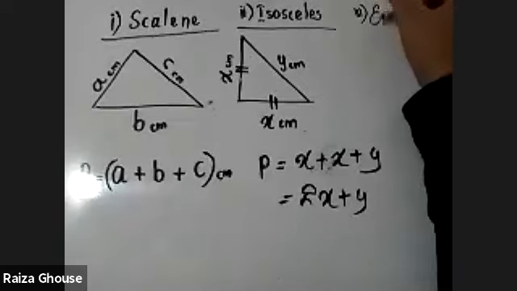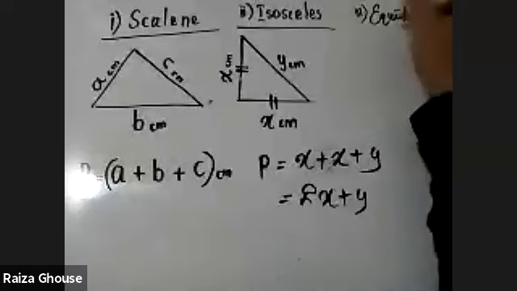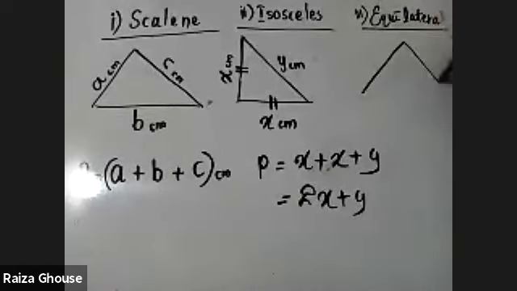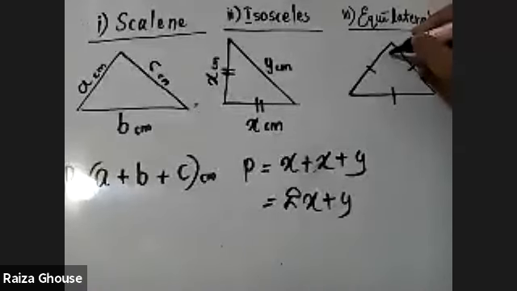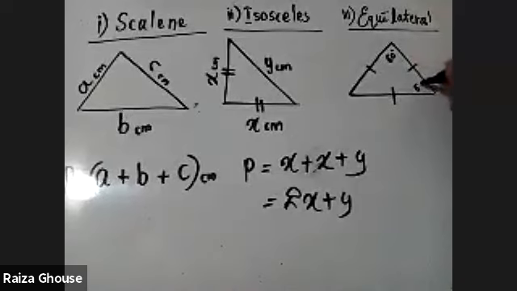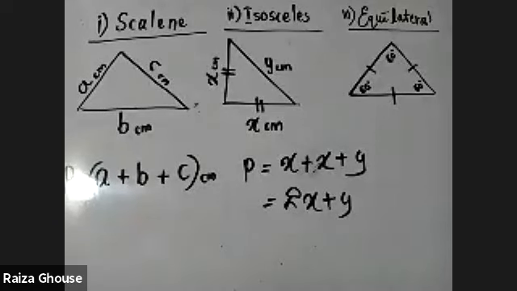Then the third type of triangle, equilateral. What is it? Equilateral triangle means I can show you that all the three sides are equal. Here, see, all the three sides are equal. And remember, just for your knowledge, I am telling, all the angles are always 60 degrees, because you know that the sum of the angles in a triangle is 180 degrees. So one angle here is 60 degrees. That is common in all equilateral triangles. But we don't want it here. Just know that, okay?